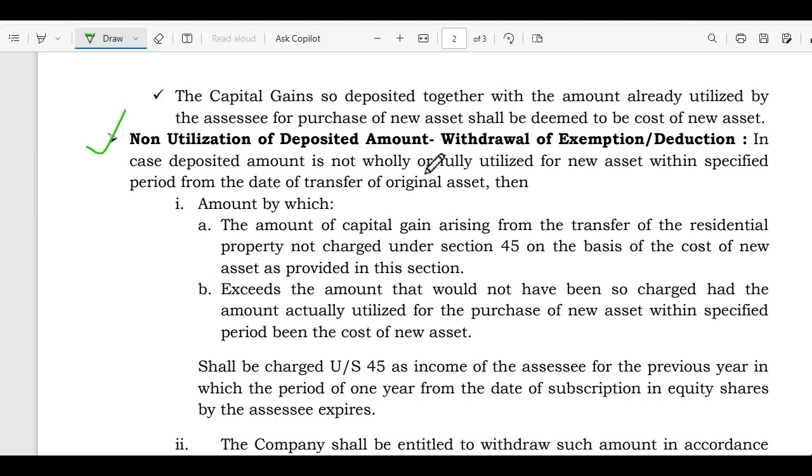Non-utilization of deposited amount, withdrawal of exemption or deduction. In case the deposited amount is not wholly or fully utilized for the new assets within a specified time period from the date of transfer of original asset, then the amount by which the capital gains arising from the transfer of residential property not charged under section 45 on the basis of the cost of new asset, as provided in this section, exceed the amount that would not have been so charged had the amount actually utilized for the purchase of new assets within the specified period been the cost of the new assets,